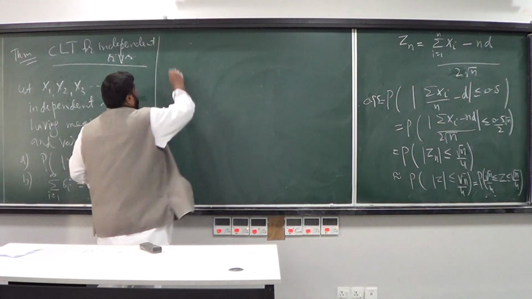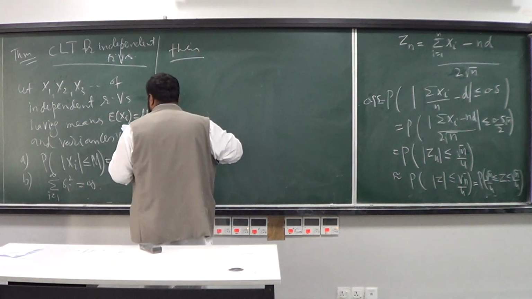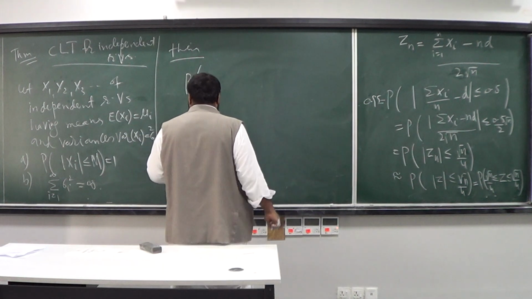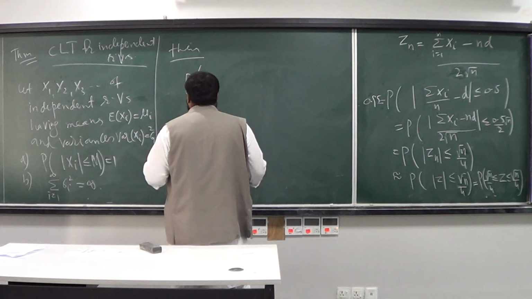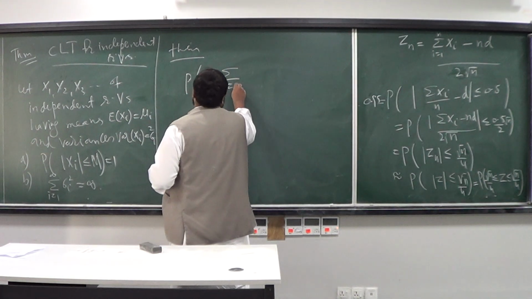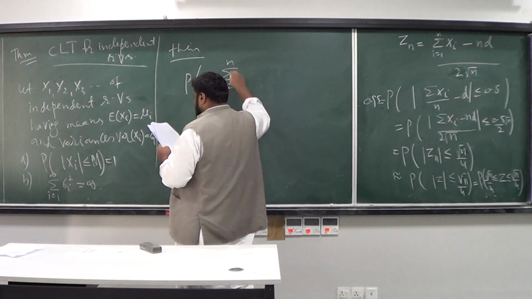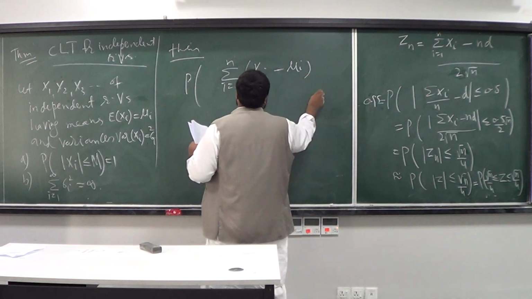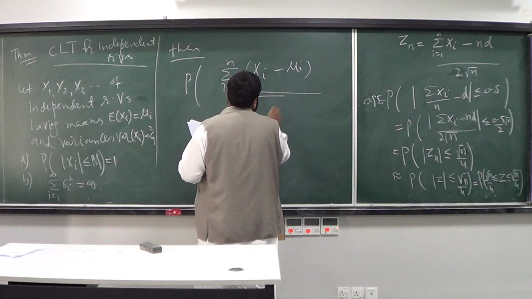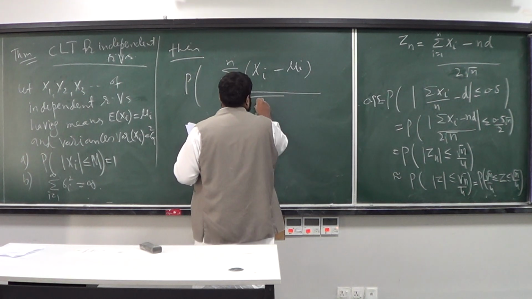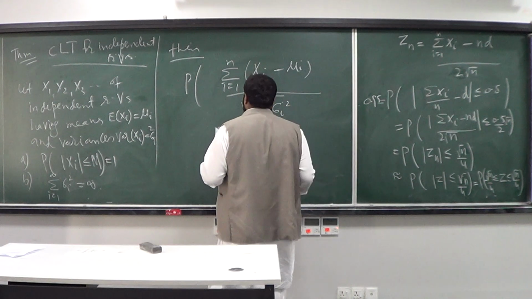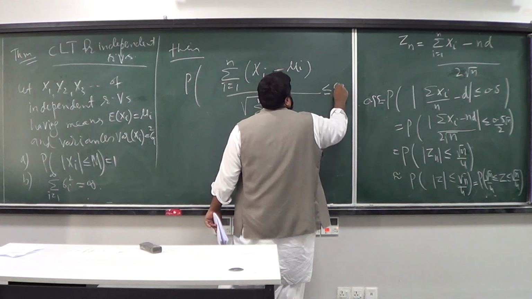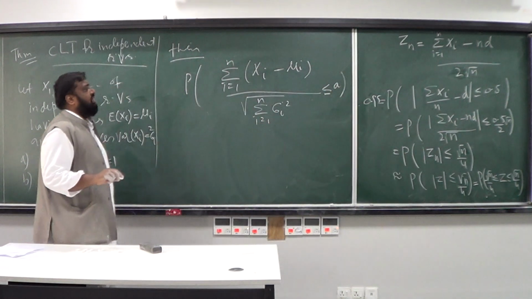Then consider the standardized version: compute the sum for i equal to 1 to n of Xi minus mu i, divided by the square root of the sum for i equal to 1 to n of sigma i squared. The probability that this random variable is less than or equal to a